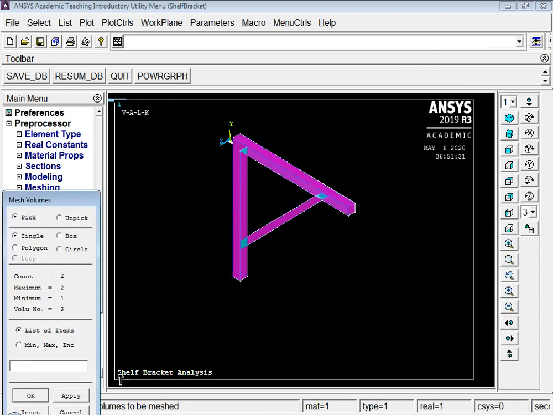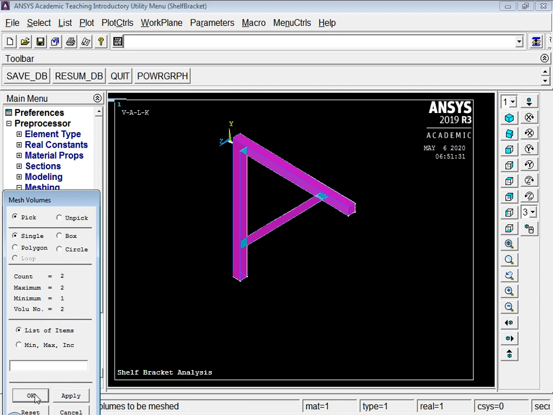Now glue will keep the identity for volume elements, so there will still be two volume elements, but they will have a relationship between them. That is more important. Just as the welding does, the two members still have their separate entities, but now they are connected. So I'll select both and I'll say okay.